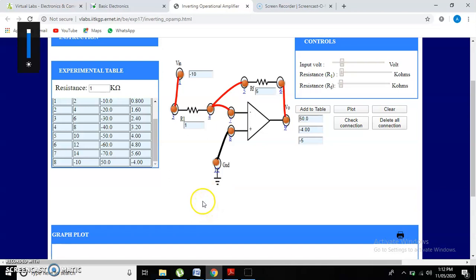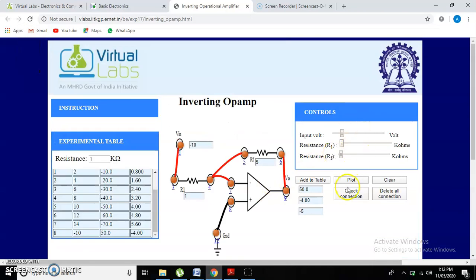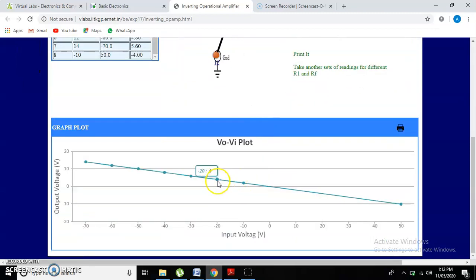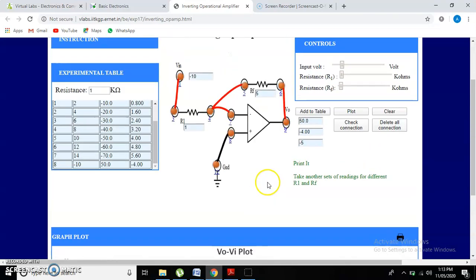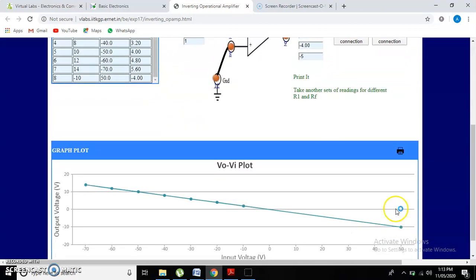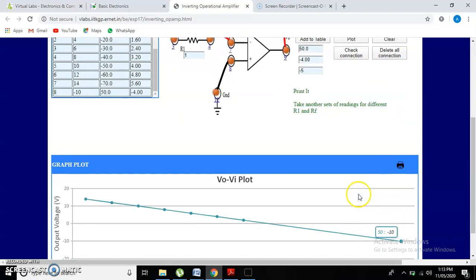Alright. Now, let us go and click on plot. We'll see what the plot is. This is the plot: the y-axis here is the output voltage and the x-axis here is the input voltage. So this is the output versus input voltage plot. This is the plot which we are getting, which specifies the gains mentioned. So these are the gain values, remember. This plot is not at all required, but since the facility is given, we have plotted it.